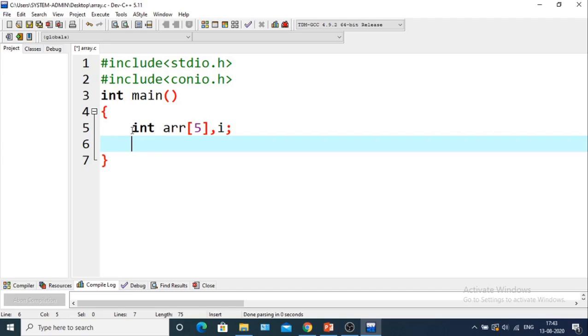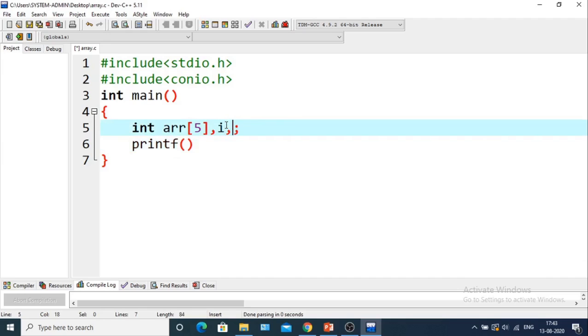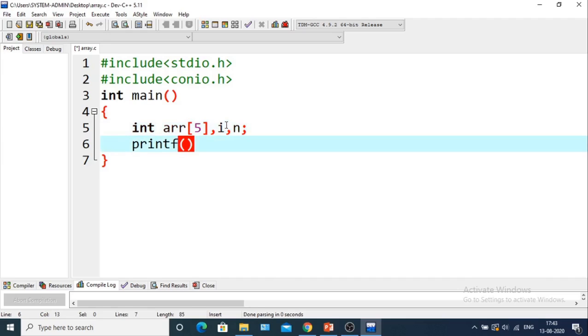Next, we will take another variable, n. This is the size of the array. You may ask, sir, you have already mentioned that arr is 5, that is the size of the array is 5, so why have you taken n?